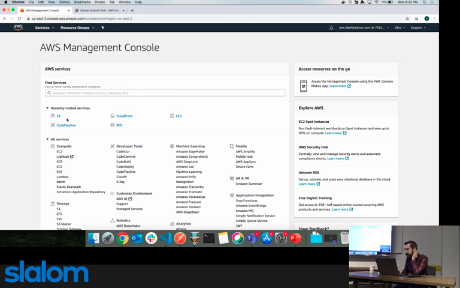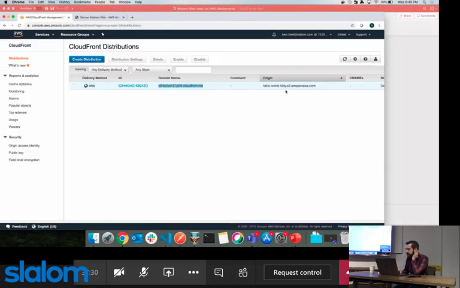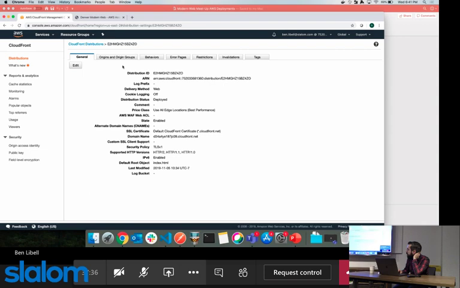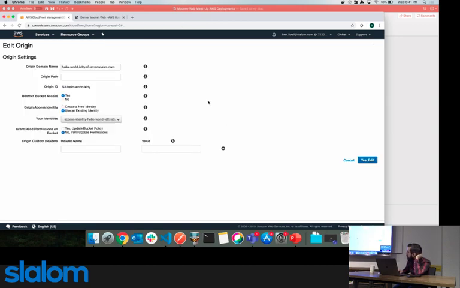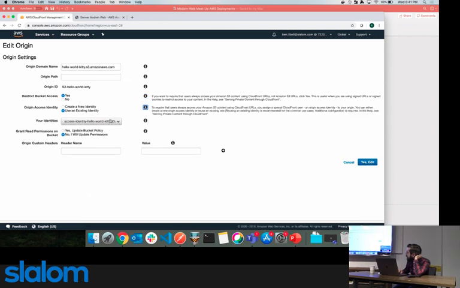And you can see that I've got the origin wired up to my S3 bucket. So hello world kitty s3amazon.com, right? If we go in here, this is the most important part. We look at the origin that I created. And I'm not going to change anything, but we're going to go into edit so that I can show you the most important part. This restrict access to bucket and this identity are very important. So this identity is what allows